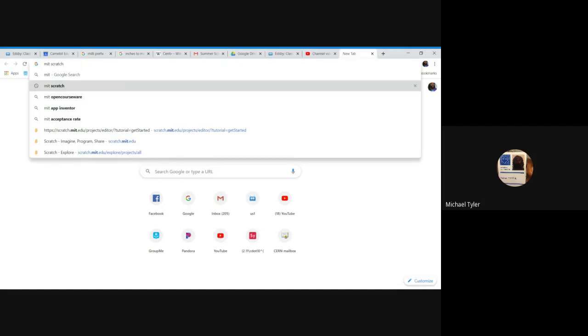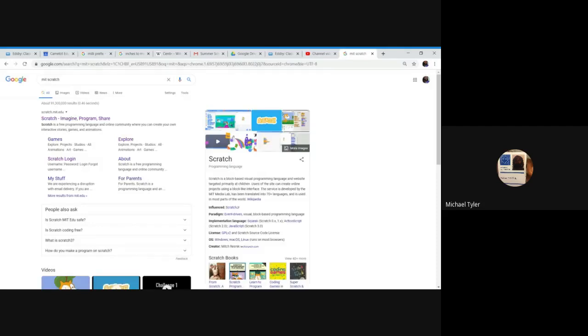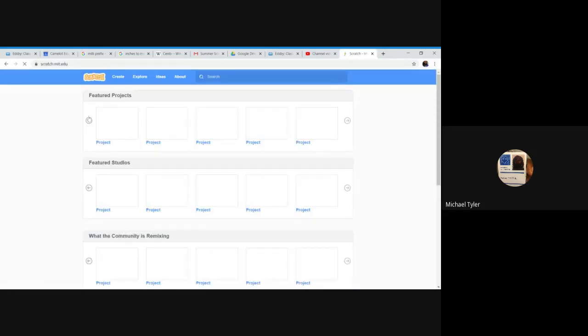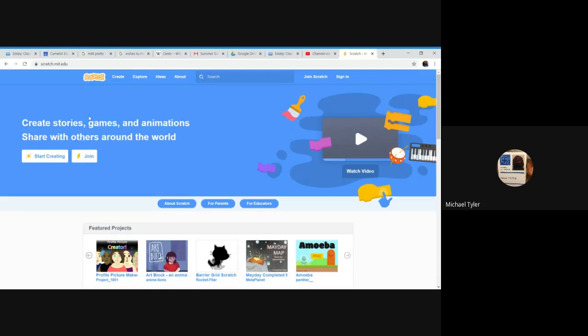You have that typed in? You hit enter, and you go to the first link, and you'll see all this stuff, right? But where I want you to go is Create. So you go to MIT Scratch, you click on Create, and it allows you to begin coding.